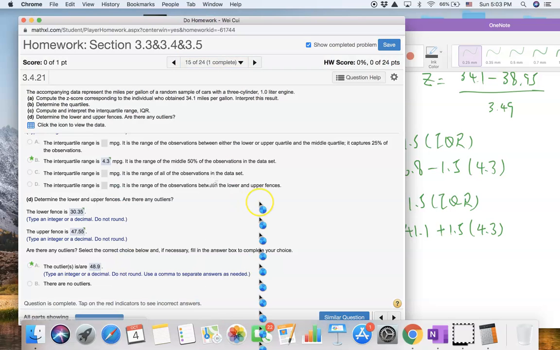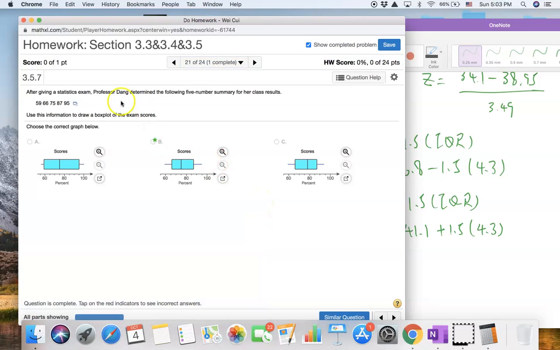number 21. All right. For number 21, we are asked to choose the correct box plot. For this problem, we don't have to graph the box plot. We can just see the answer from this data, because there are only 5 data, right? So the median is the middle one, 75. Therefore,